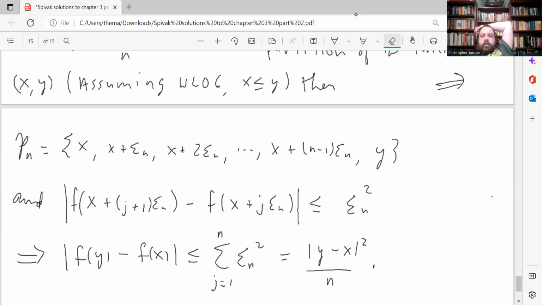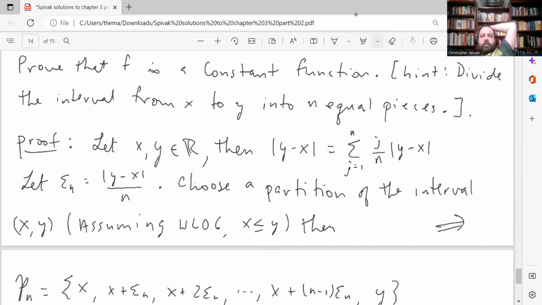All right, so if we break up the interval y minus x into those subintervals, and I just made this definition here just so I don't have to keep writing this long expression out, so let epsilon sub n equal this quantity here, just because it's easier to write. Okay, choose a partition of the interval from x to y, assuming without loss of generality, like I said, that x is less than or equal to y. Then,